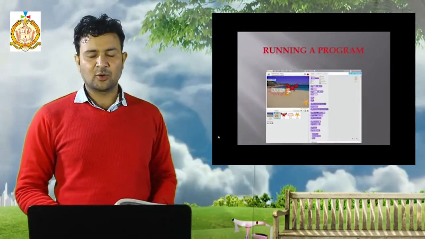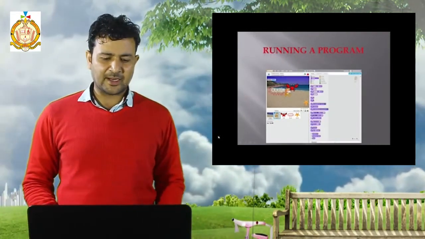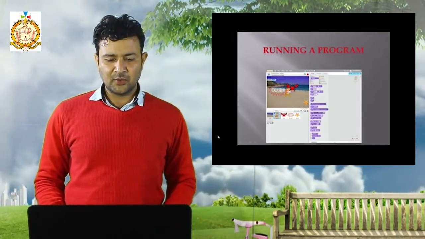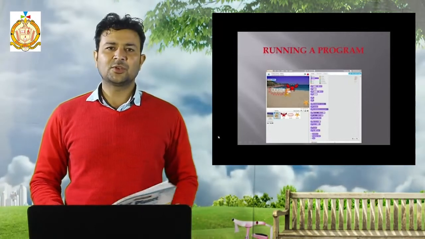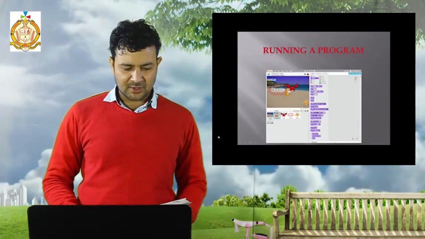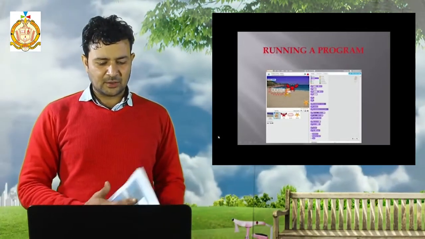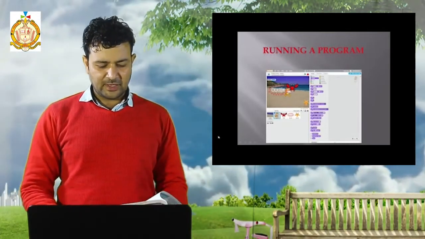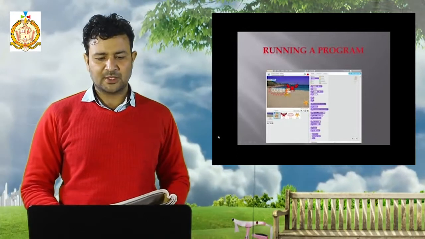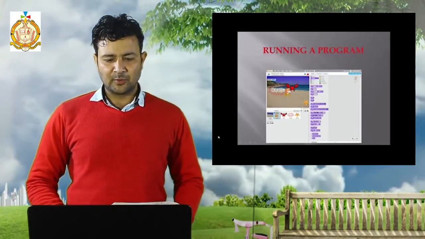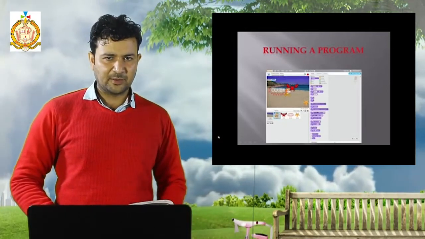Next, running a program. Suppose you have finished your program, like the cat is on the desert, the cat is near the sea, or whatever the object is. If you want to run a program, which means you want to check the output, then what are the steps to run a program? First we have to click on the file. Okay, when you click on the file, there is one option, run. When you click on run, there is also a mute button and a preview button.